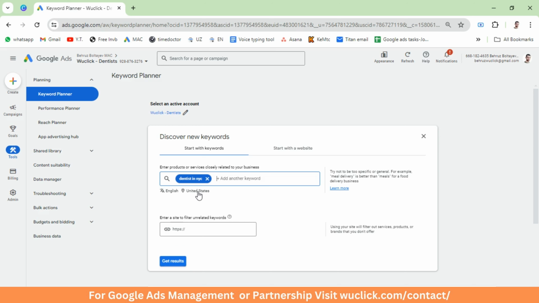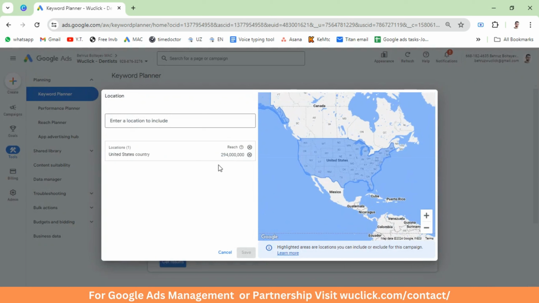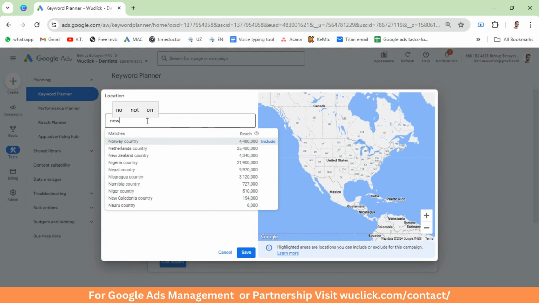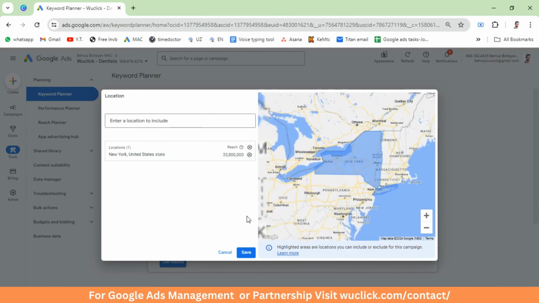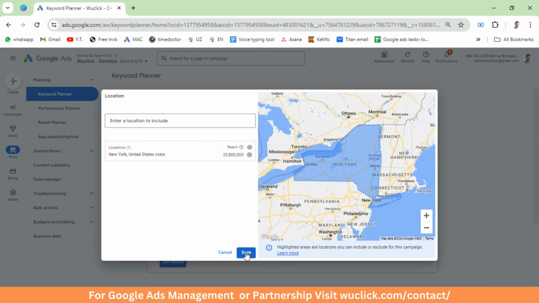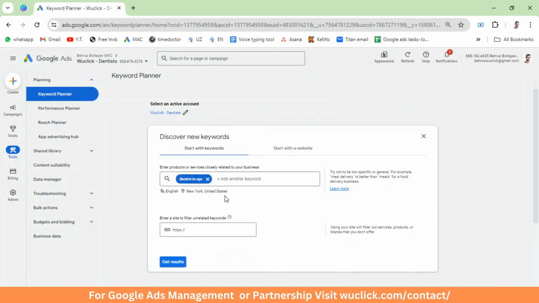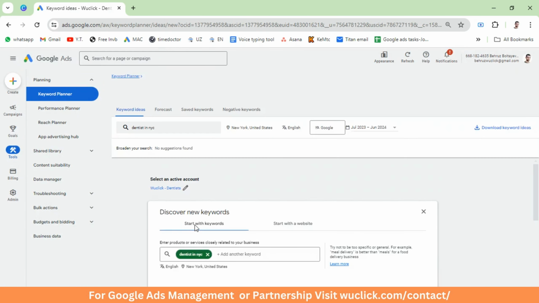Most people use specific locations rather than nationwide. We're not going to target the United States, we're going to use a specific location, say New York, but in your case it might be anything. Save, get results,